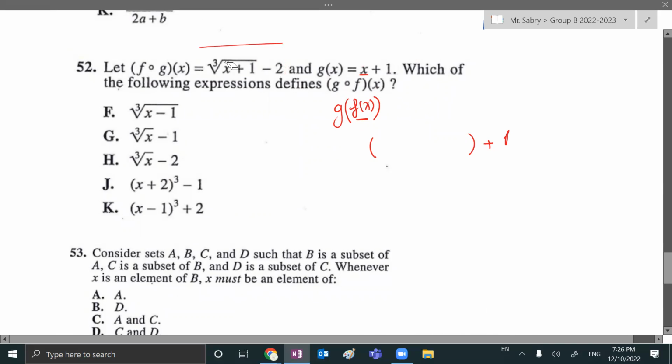Sorry, I did not even notice that this is not f of x. You are actually given f of g of x. And this was the cubic root of x plus 1 minus 2. So that means that the g of